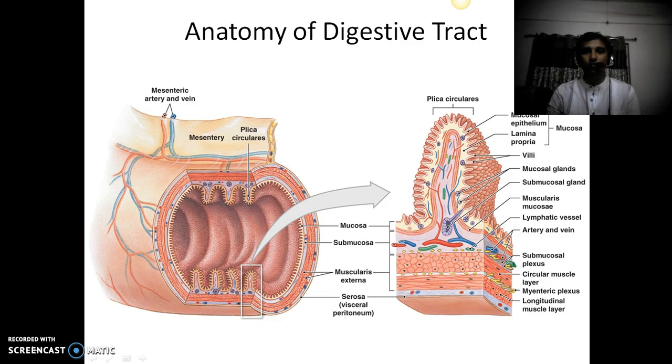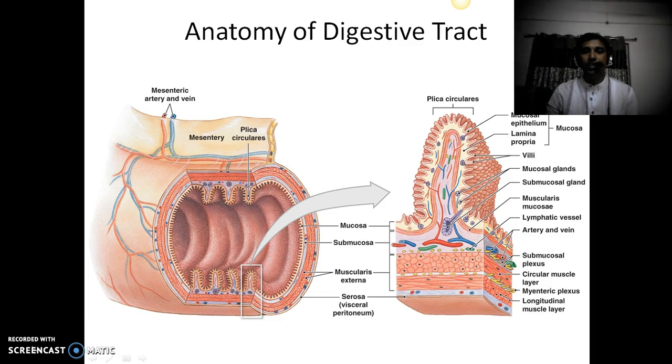Basically, it consists of 4 different layers. The outer layer, which is in contact with the other visceral part of body, is serosa, which is a very slippery layer and which takes up the various small movements of intestine to prevent the friction between the organs. The second layer is muscularis, and this muscularis layer basically consists of 2 different layers of